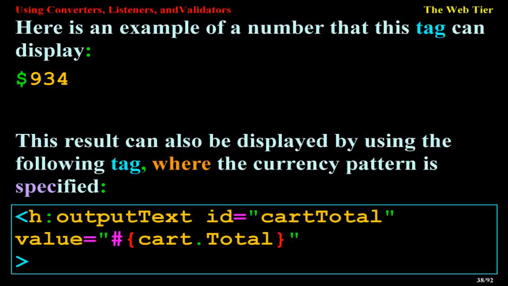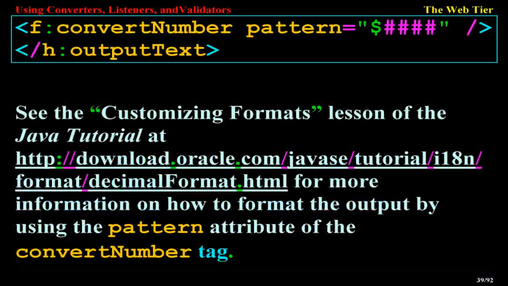h:outputText id="cartTotal" value="#{cart.total}", f:convertNumber pattern="$###,###", /h:outputText. See the Customizing Formats lesson of the Java Tutorial at http://download.oracle.com/javase/tutorial/i18n/format/decimalFormat.html